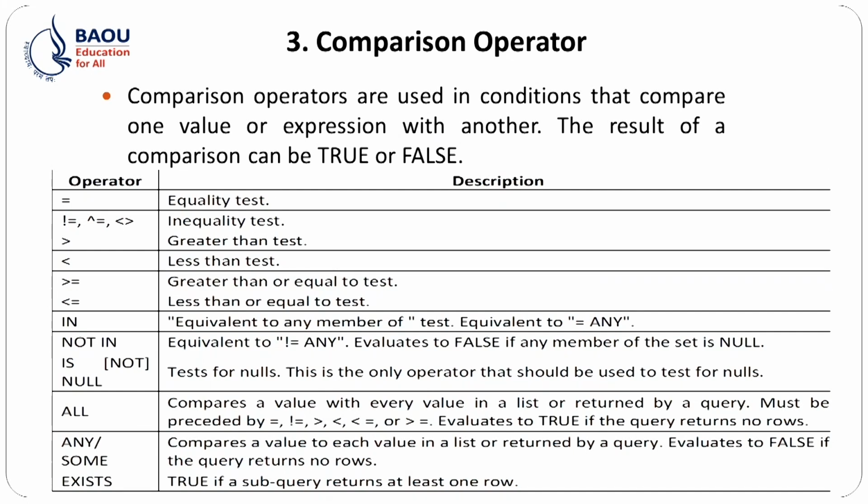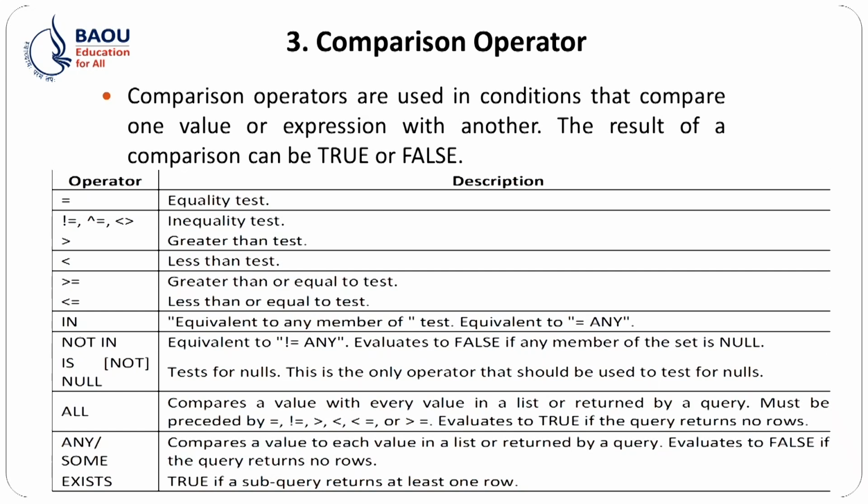Not equal to, exponent equal to, less than, greater than are used for an inequality test. Then the greater than operator, less than operator, greater than or equal to, and less than or equal to operator. The IN operator is used to test equivalence to any member of the set. Equivalent to equal to is ANY,